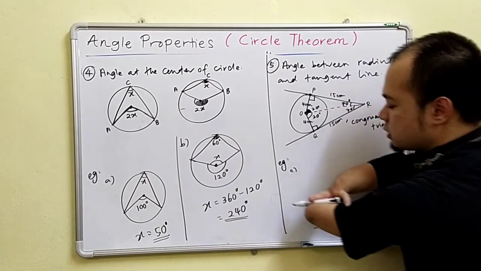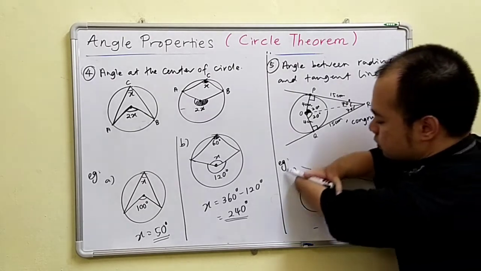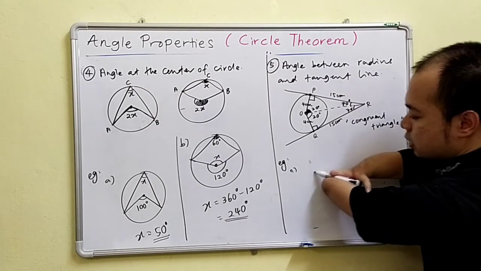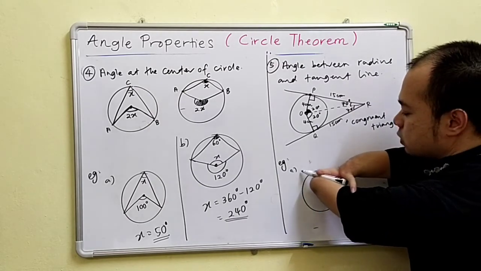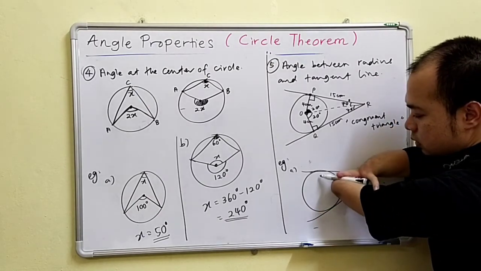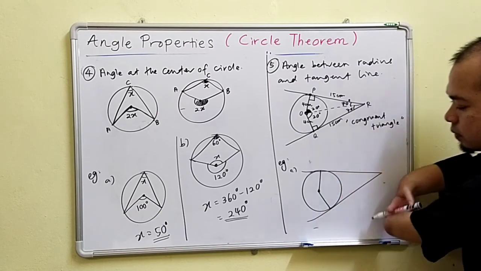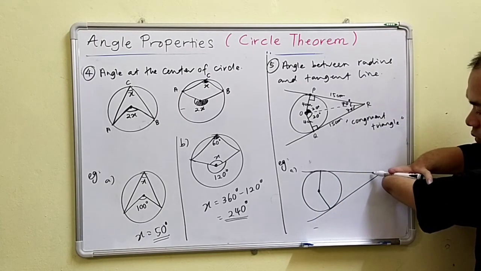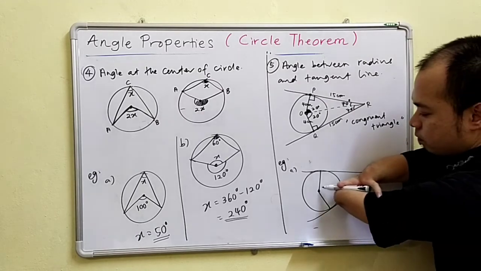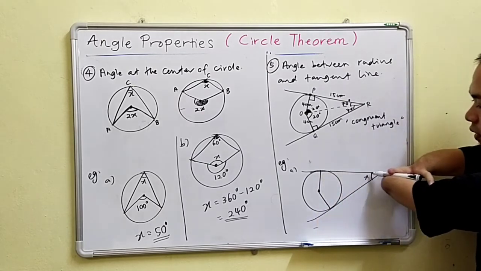Example question. If they give something like this, here's the tangent. Let's make it nicely. So this is the circle. So this is the tangent. This is the tangent. So this goes to this radius. This is the radius. So let's say this is the x. This is the radius. Now in order to find the value of x,